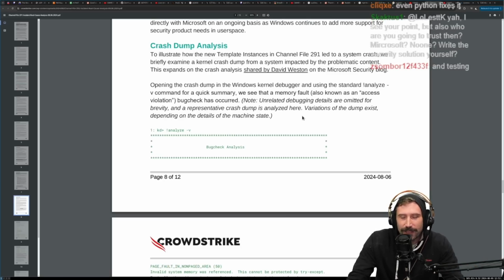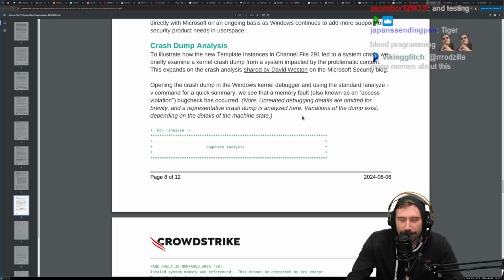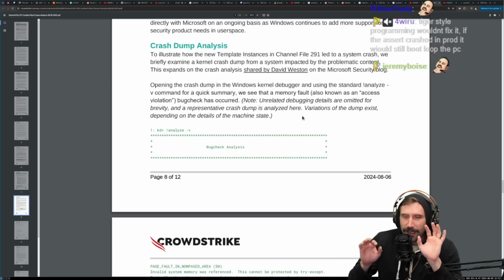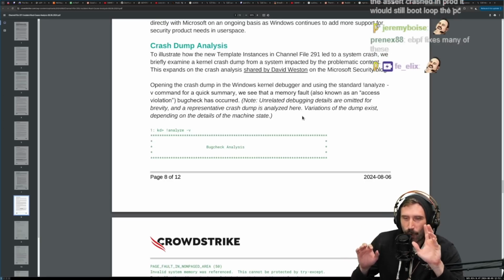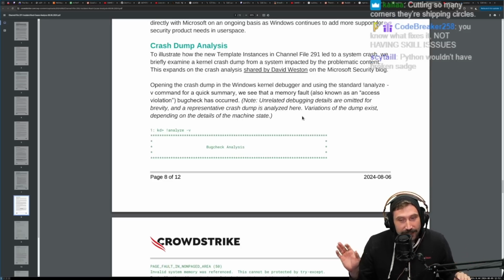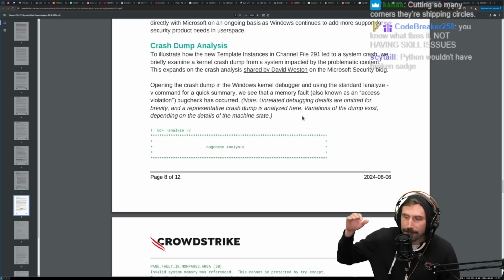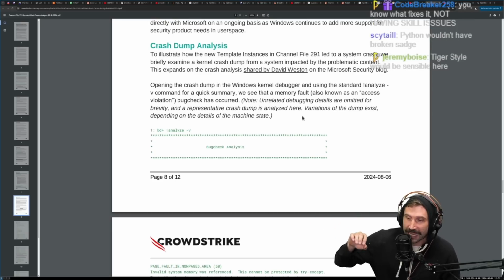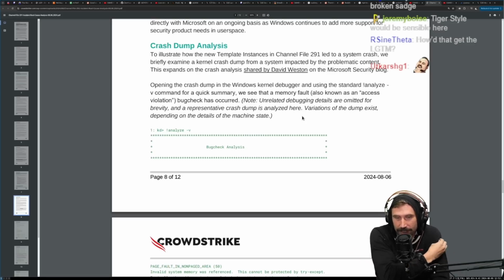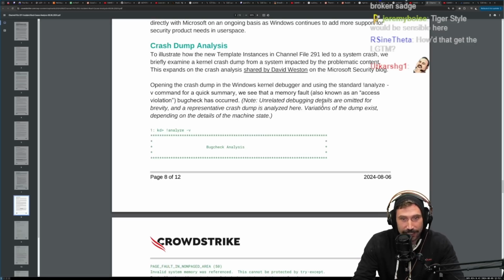Note, by the way, I can't imagine the balls on the developer that's like input array, open bracket, 21, close bracket. Damn. That is some steely balls, to be able to be like, I'm just gonna grab the 21st element, and hence there will be no checking at all here. Like, that is crazy that you could get that far.